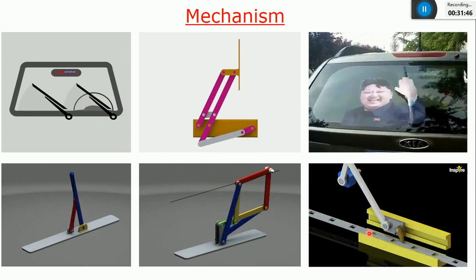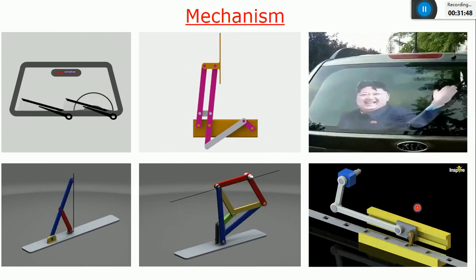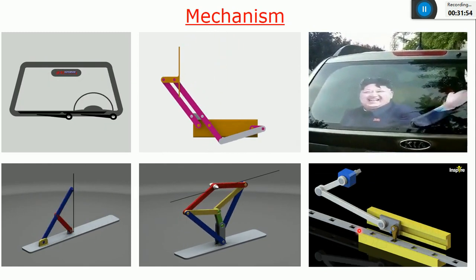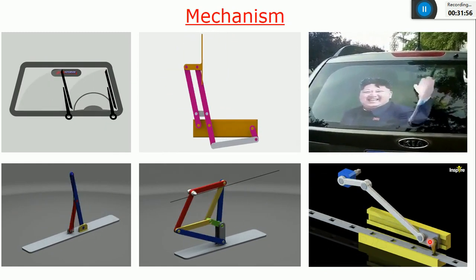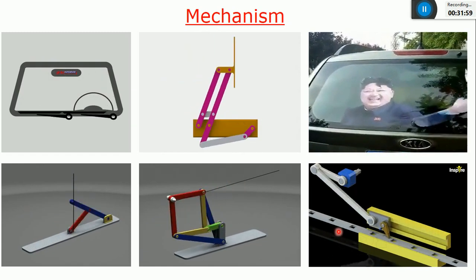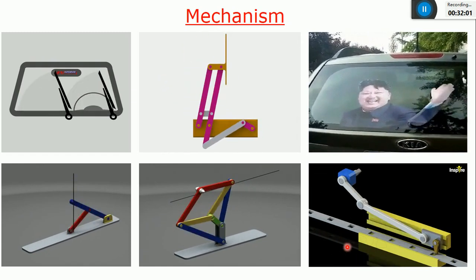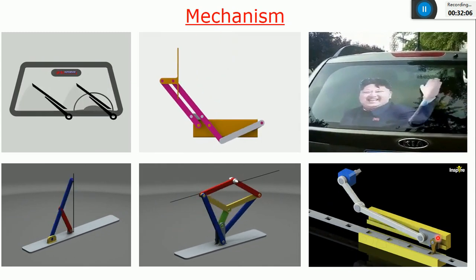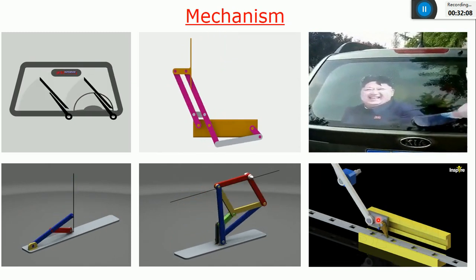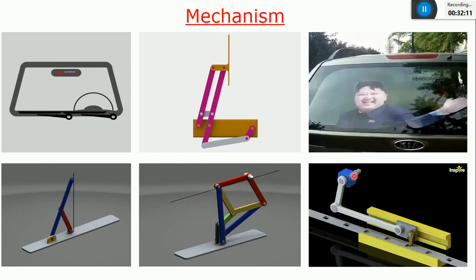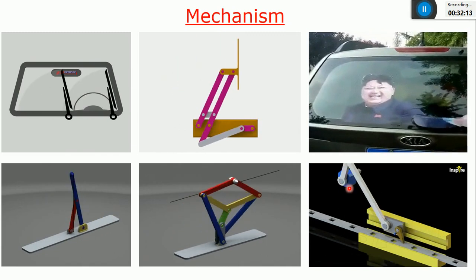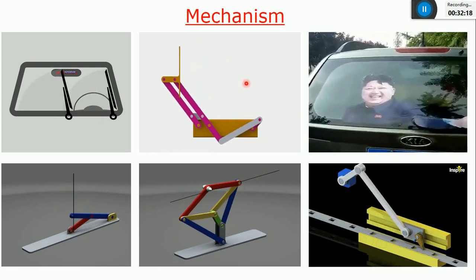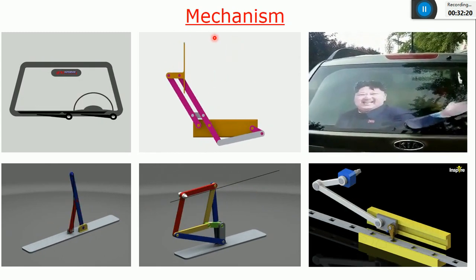And finally, it's also one type of a mechanism which is called as a ratchet and pawl mechanism. They're converting a rotary motion into linear motion, which is used in conveyors in the industry. So in front of each machine there will be a conveyor to transfer the work pieces from one station to another station. You are using such kind of mechanism. Okay, it is also a sliding type. You can see one link has to be fixed. So all are examples of a mechanism. Okay, so I think this is clear. I hope. What is the difference between a kinematic chain and a mechanism?